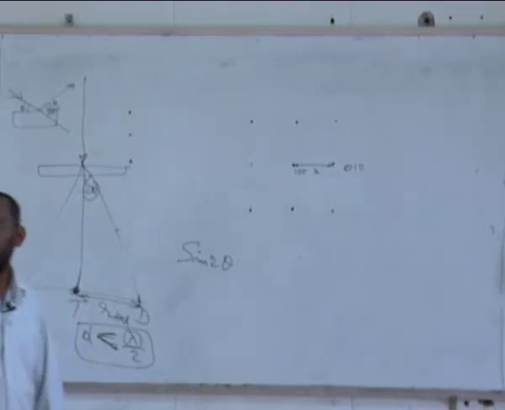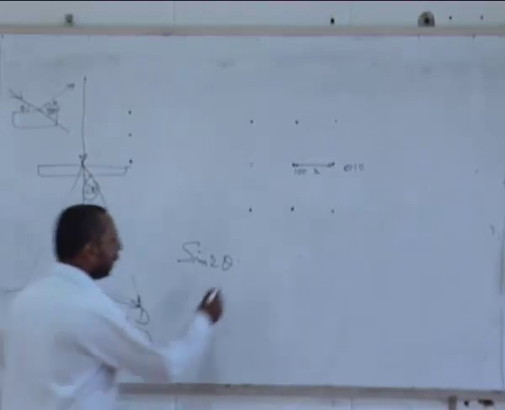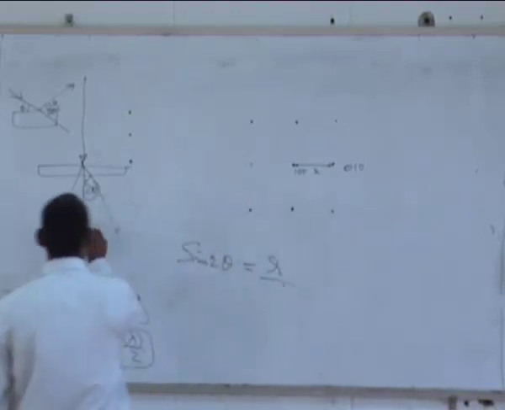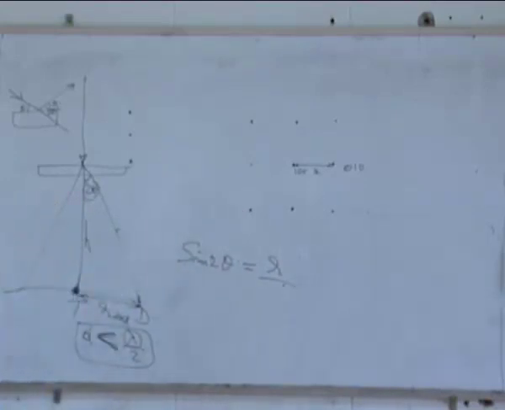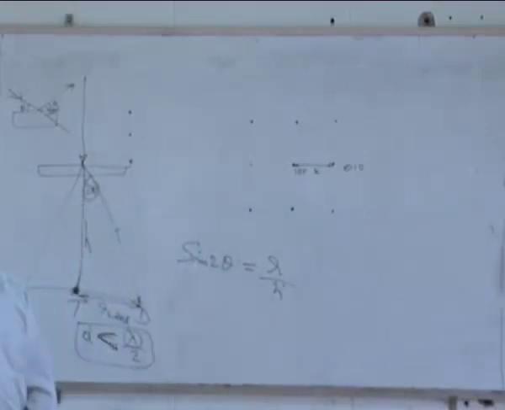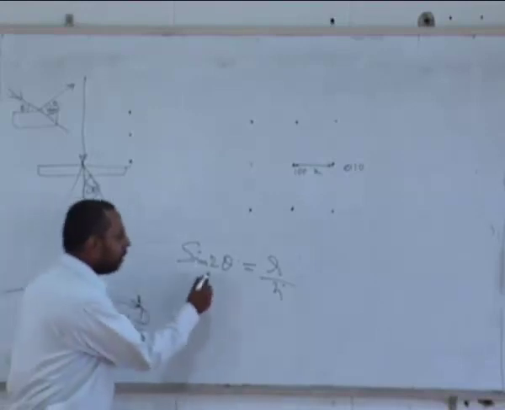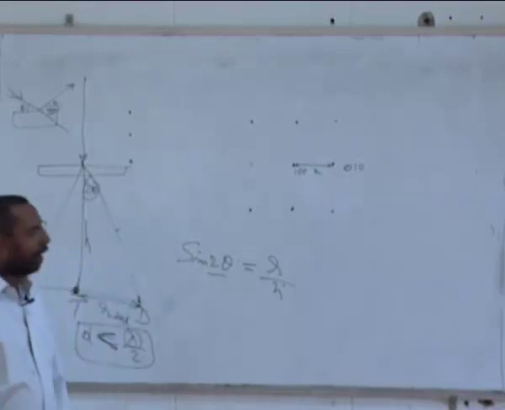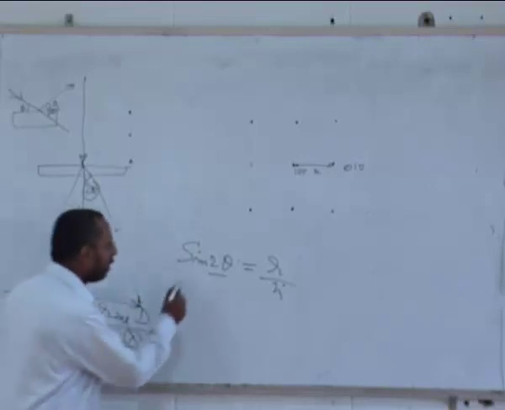Okay, can somebody tell me? Sine 2 theta is r by this. If this is, I call it as h. What is the h? H is the distance between my sample and this imaging plate, if I can call that. Right? And if the theta is very small, and instead of sin theta, if I call it as tan 2 theta,